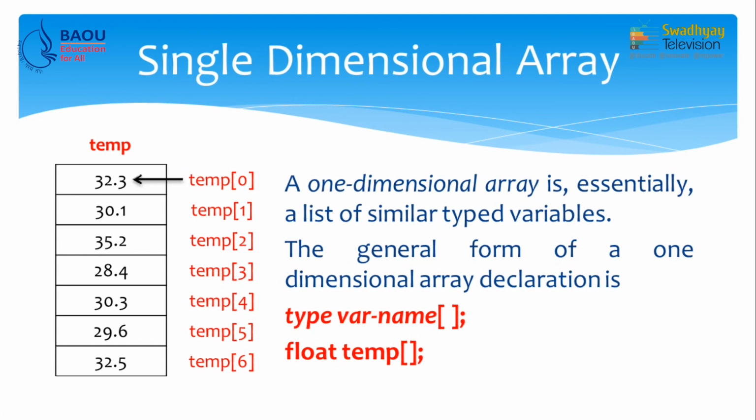Now, how to declare an array? The general syntax for declaring an array is, first you specify the type, then you provide the variable name, and then you provide empty brackets, because an array in Java is dynamic and we do not specify the size of the array in advance; we can specify the size at runtime. So, initially float temp is declared as an array, but it does not contain anything. Now, how to allocate memory for the array and how to store data or access elements of the array, that we see next.